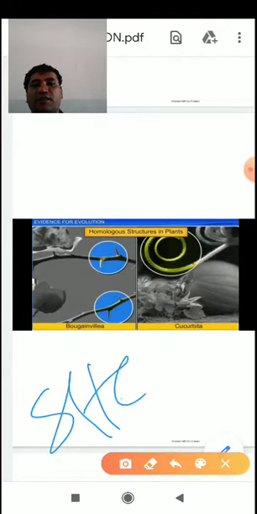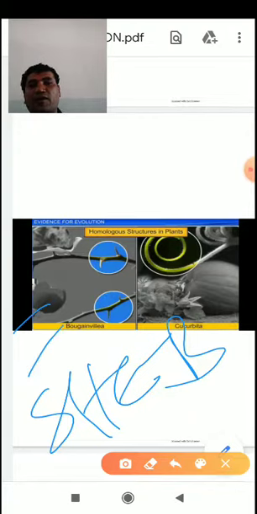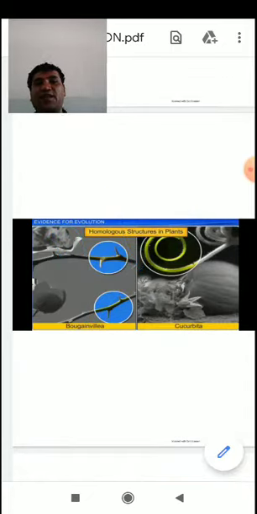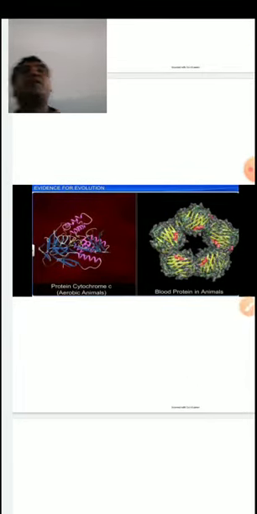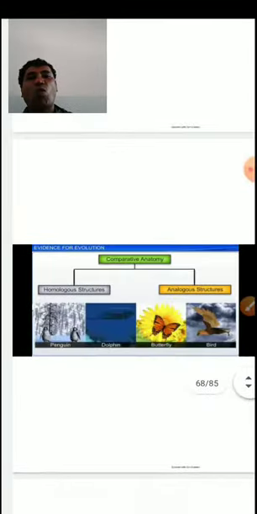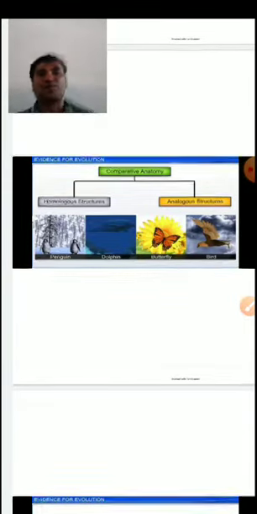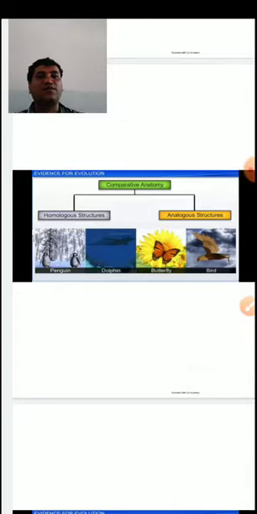it consists of BMW car. B stands for the bat, M stands for the man, W stands for the whale, C stands for the cheetah. Likewise, analogous structures are the wings of butterfly and birds, eyes of octopus and mammals, flippers of penguins and dolphins, wings of bat and birds, sweet potato and